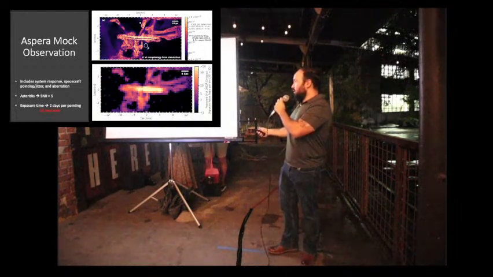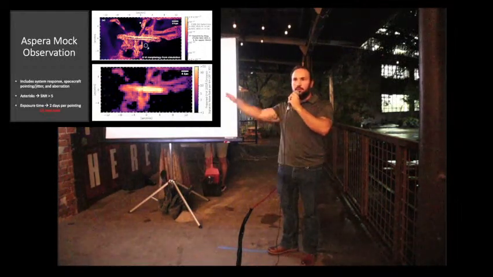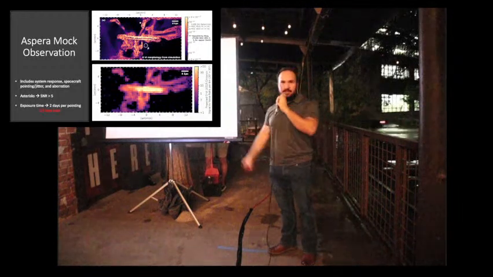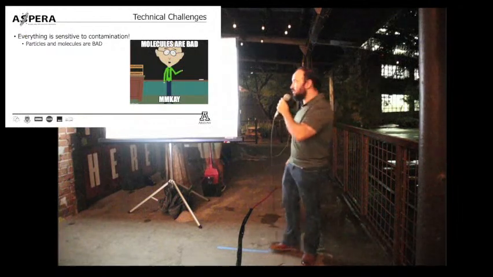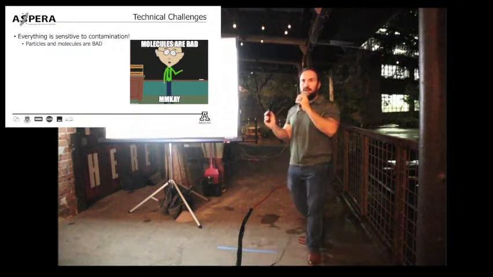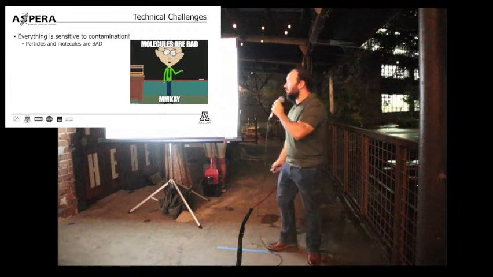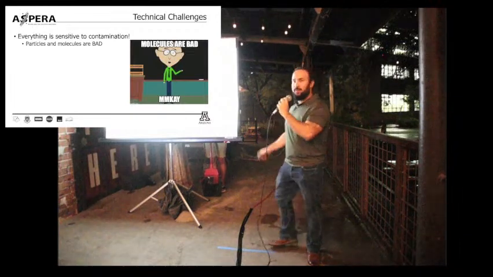So with Aspera, we should easily be able to distinguish these wonderful filaments that we don't even know if they exist or not yet. So what are some major technical challenges that we are running into right now as we build Aspera? So the biggest issue,